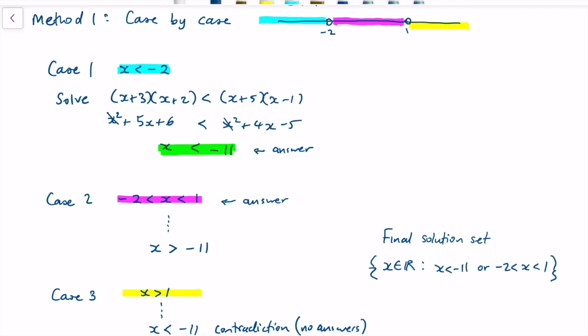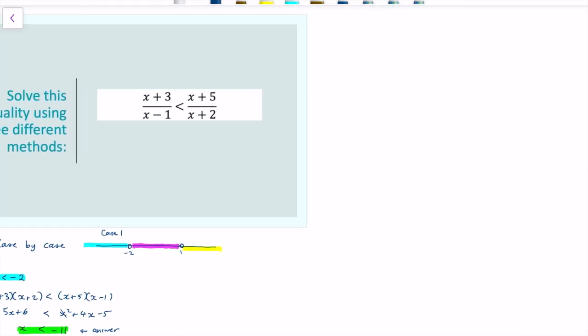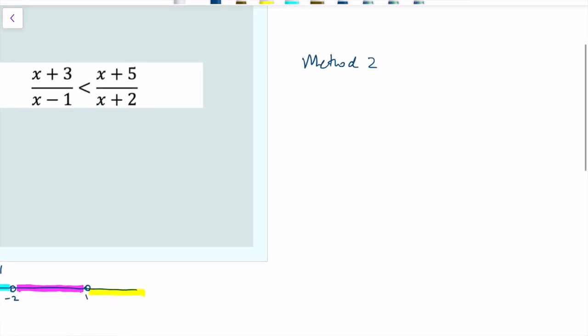Now, case by case works fairly well for simple problems, but when the problems get a bit more complicated, it's a bit tedious. Okay, method 2. What I would think about doing is move everything to one side of the equation by subtracting the right-hand side fraction off the left-hand side. And then we don't have to worry about multiplying it or doing any cross multiplication, because we're just going to put these fractions together and say, when is the fraction negative? So if I put these fractions together,